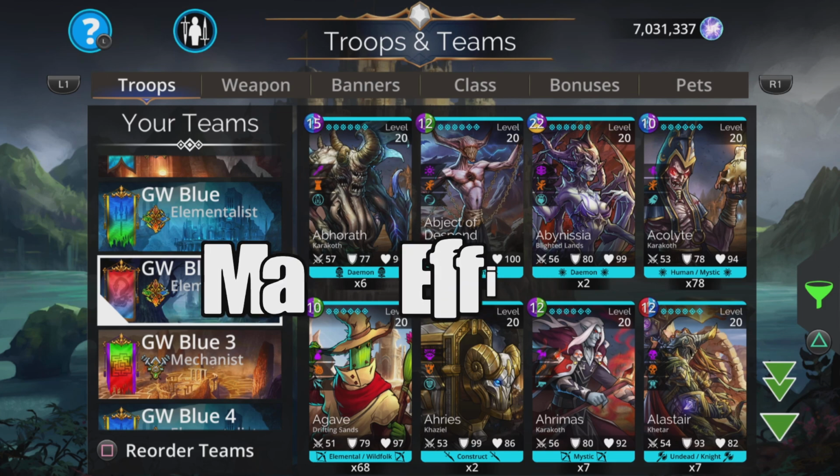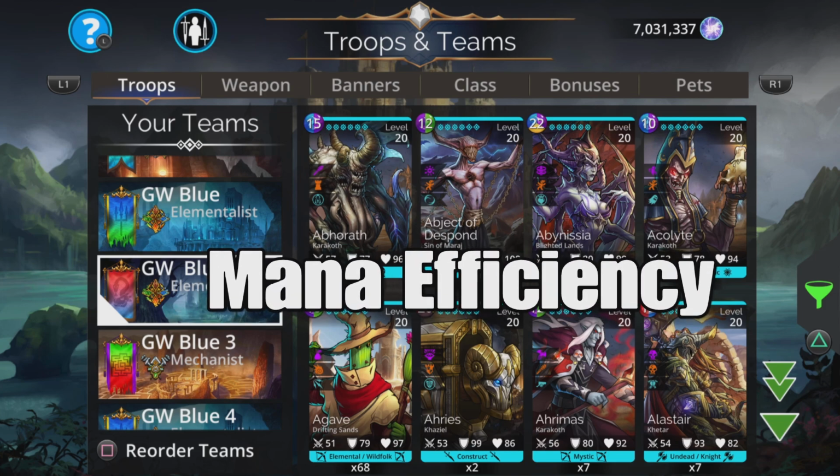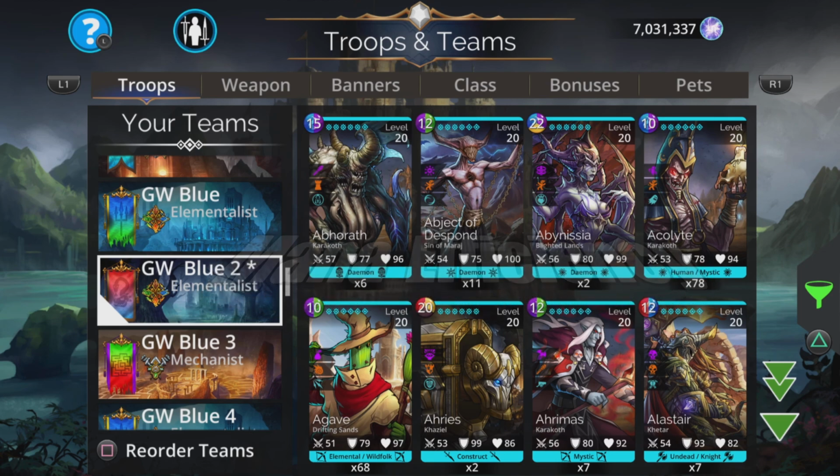Next up we have mana efficiency. Mana efficiency is, if you've collected, I do believe this one is correct, please correct me if I'm wrong, 4 times more mana than the opposition in the course of the battle, you will get bonus points. Obviously that is going to be extremely hard to actually track during the game,